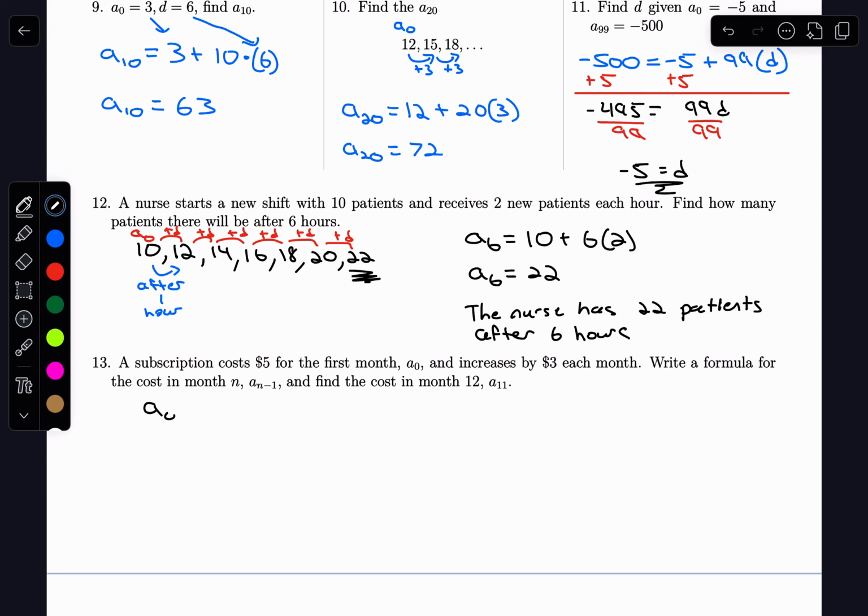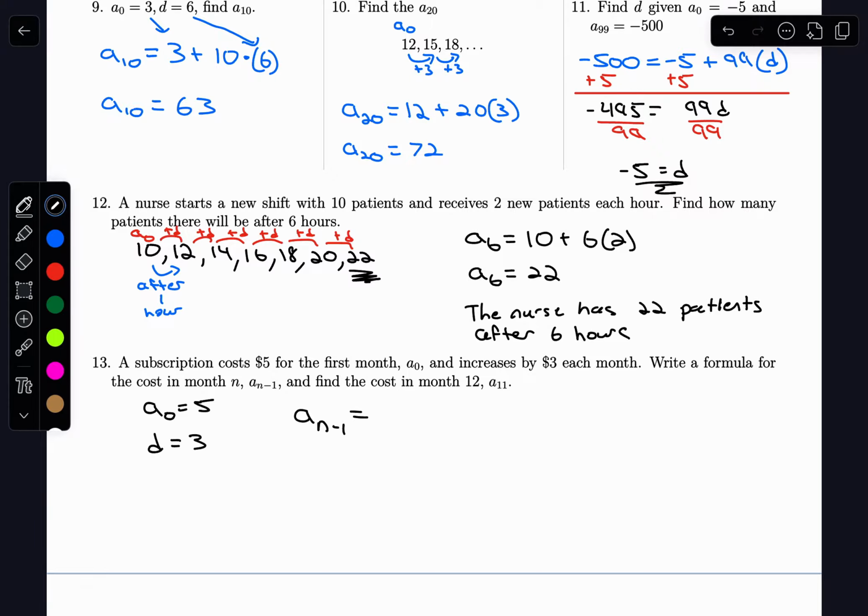So we know that A naught equals 5. And it increases by $3 each month, so we know that D equals 3. It says to write a formula for the cost in month N, where we are looking for A sub N minus 1. So we can go ahead and say that A sub N minus 1 is equal to